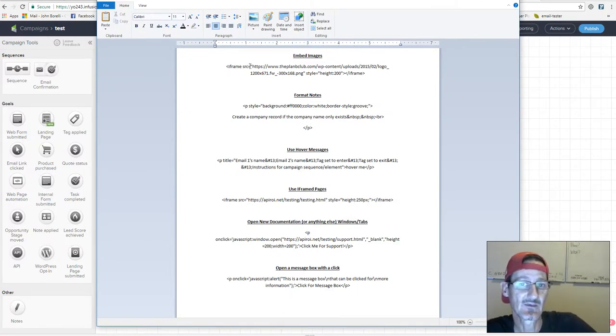Okay, in this case, this could be an image tag as well. I could just put IMG in here instead of an iframe, but I've been using iframes across the board here, so it just seemed to be more seamless. But you can use an IMG image tag and accomplish the same thing. As you can see, I have source, src, set to a URL where the image, in this case a PNG file, is set, and then I use the style attribute just to limit the height of the image and the